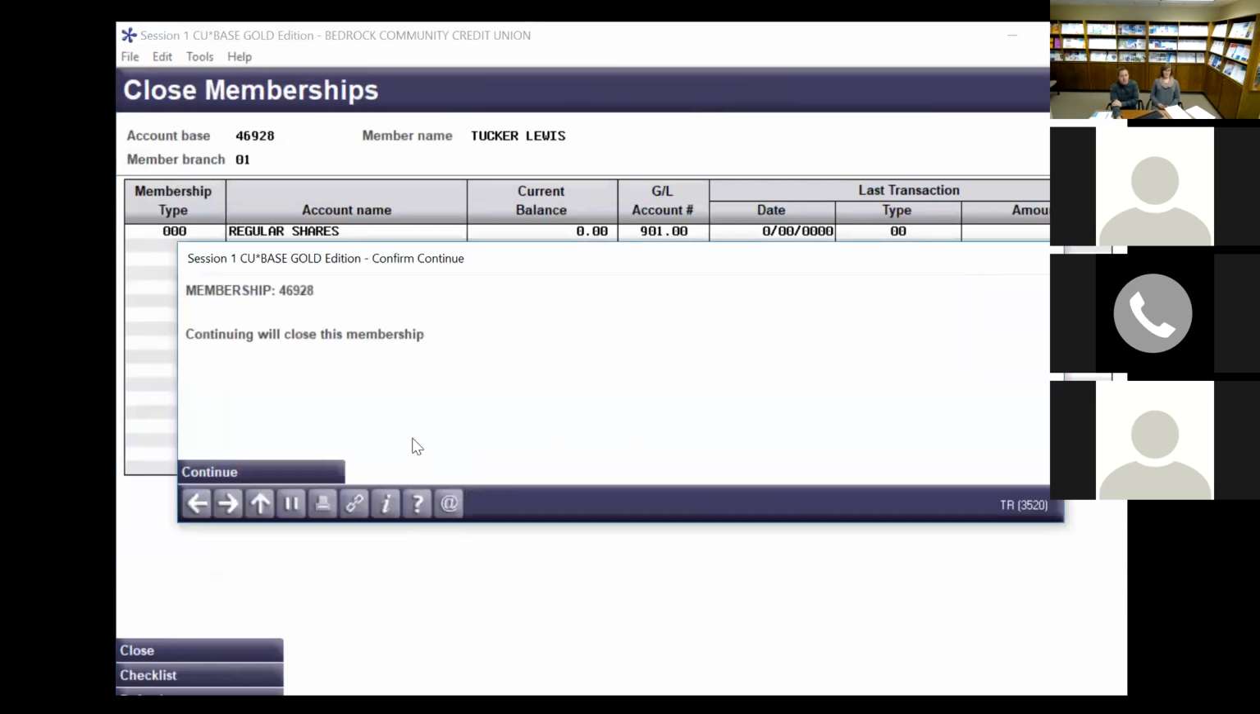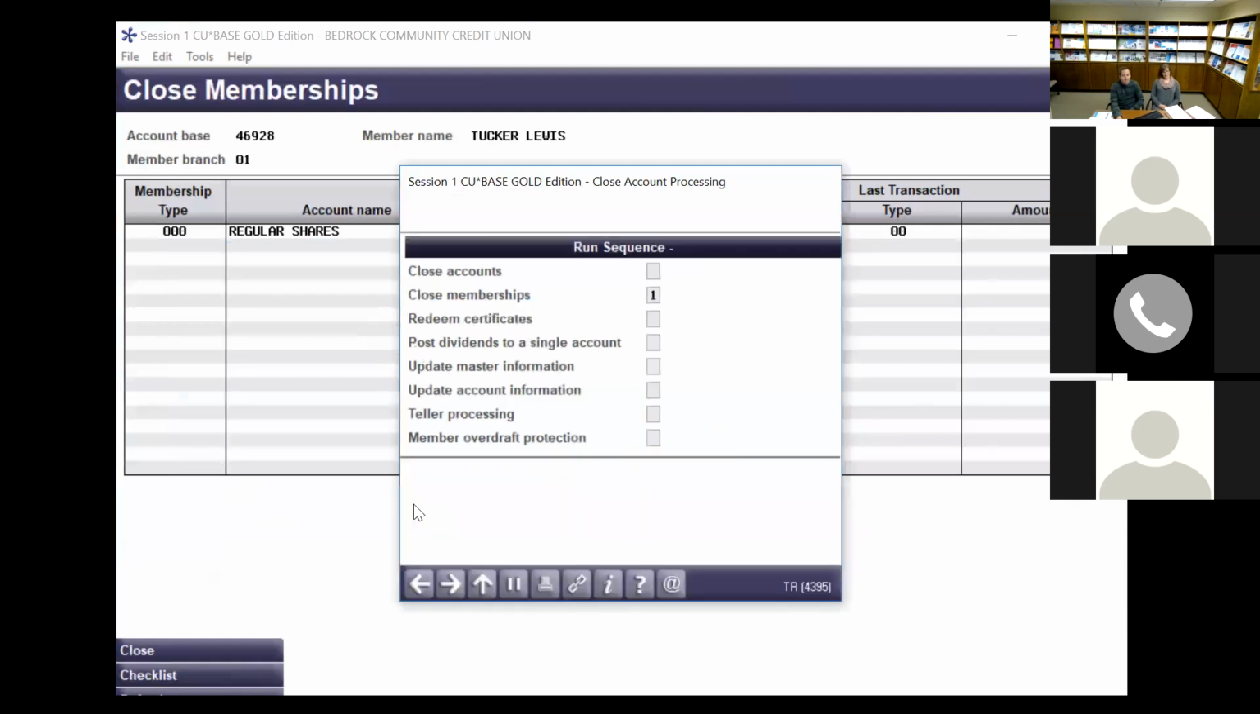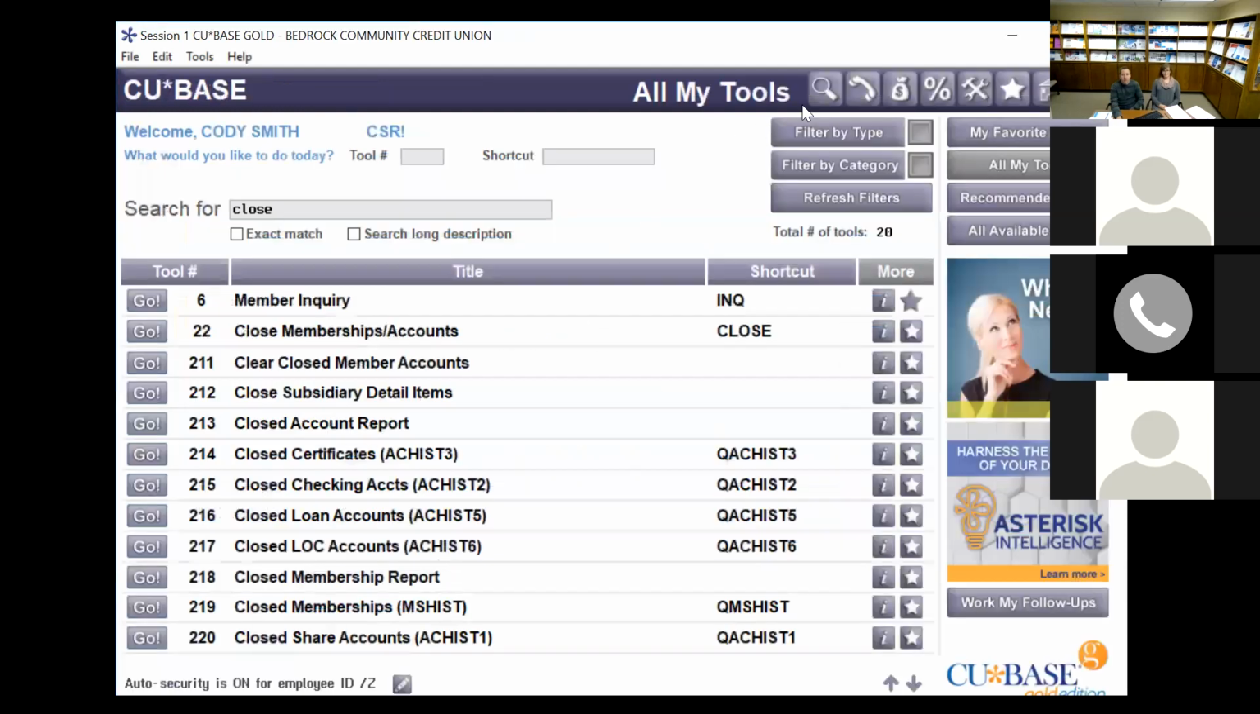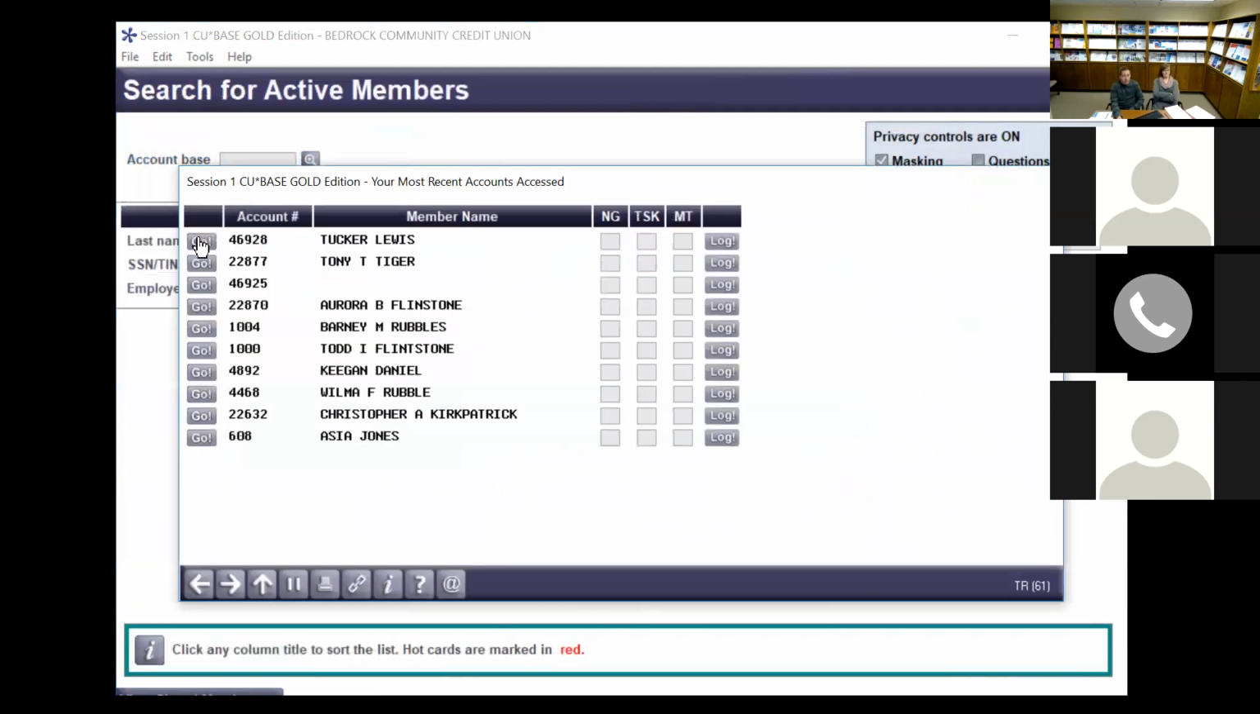Now you will get a confirm message that lets you know, hey, by doing this you're going to close this membership. Once it's done, it's done. You're closing, and you say okay, we'll go ahead and continue. And you are done. And I would like to point out what this looks like after you close the account,